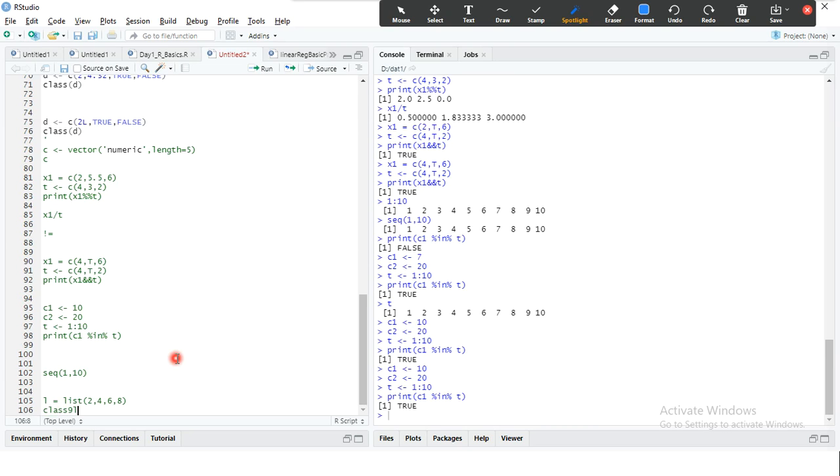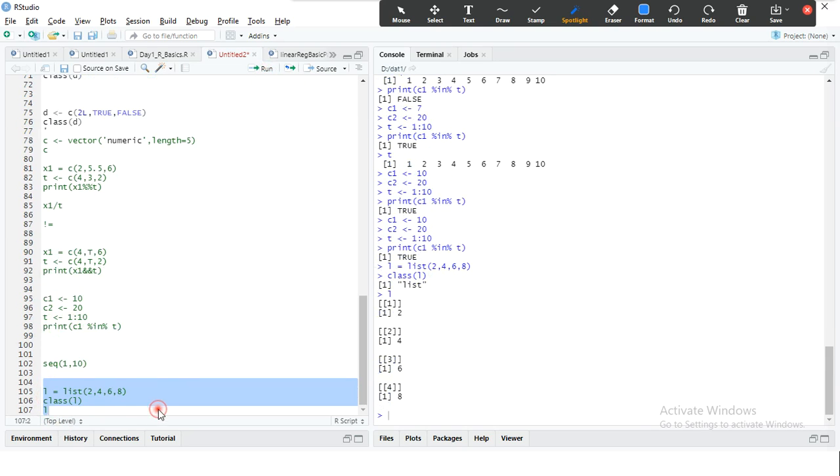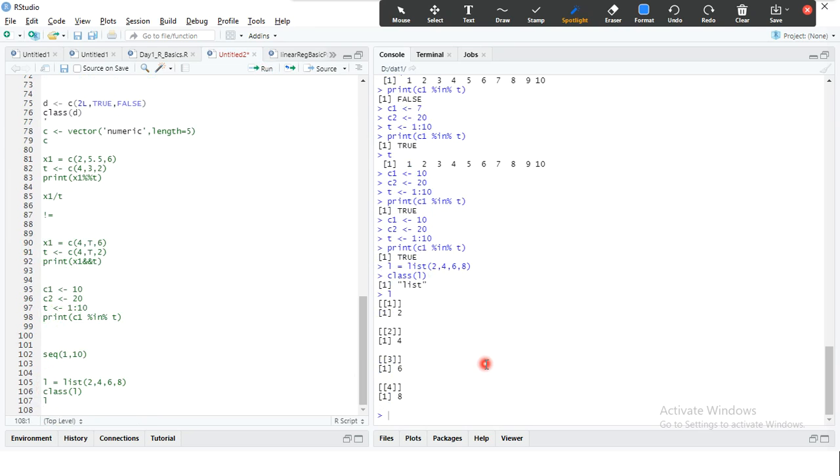Let us check the data type of this one. The advantage of a list is you can store heterogeneous data types in a list, like Python. So in the list I stored 4 values. You can store a combination of character, complex, all the mix of data types.